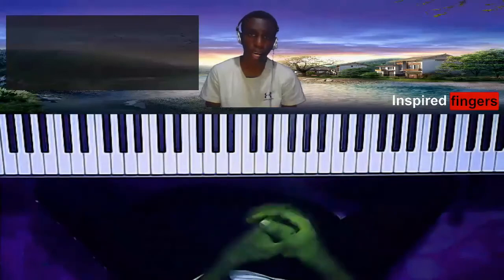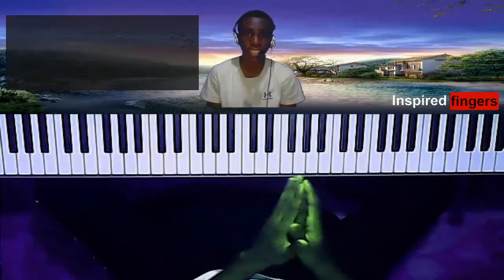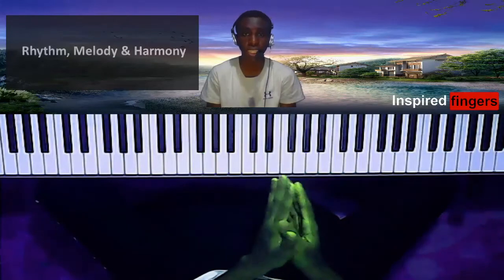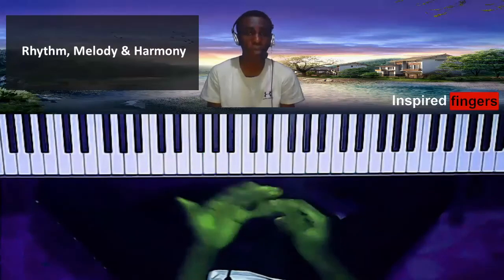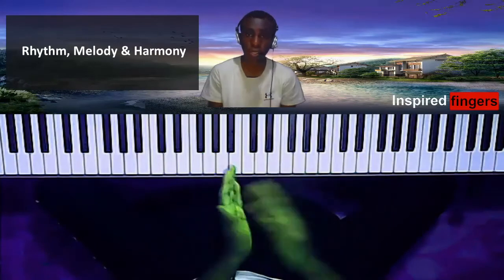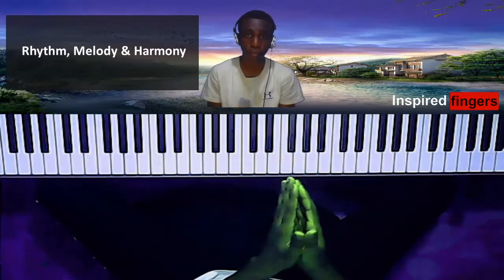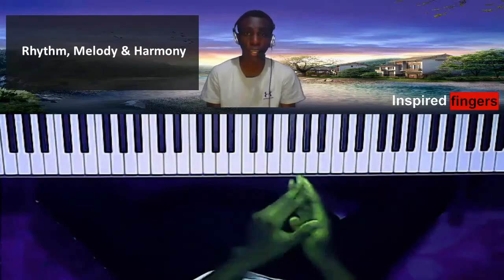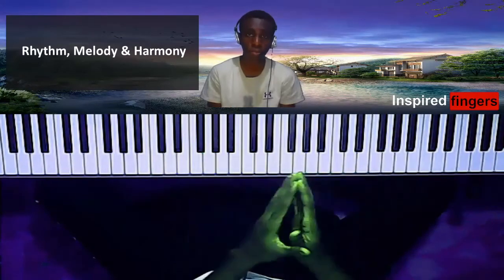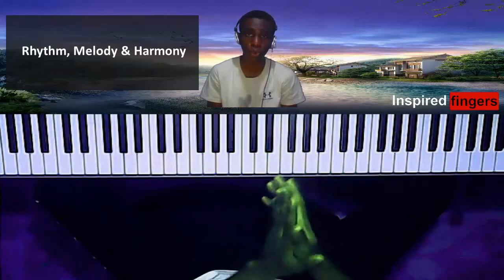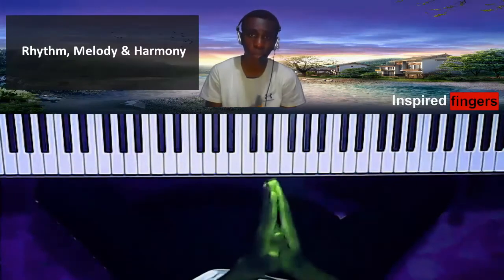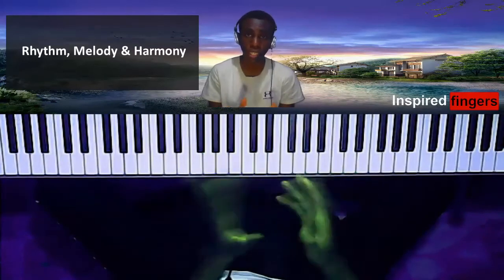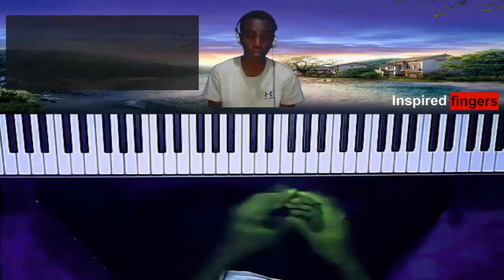But let's address the other part of the definition, which says in significant forms through the elements of rhythm, melody, and harmony. Now, the rhythm, melody, and harmony are the elements of music, or you can also refer to them as the building blocks of music or the foundation of music. Now, we have more elements of music. We have different building blocks of music, but these are the three major building blocks of music. And your music won't be complete without these individual elements in play.